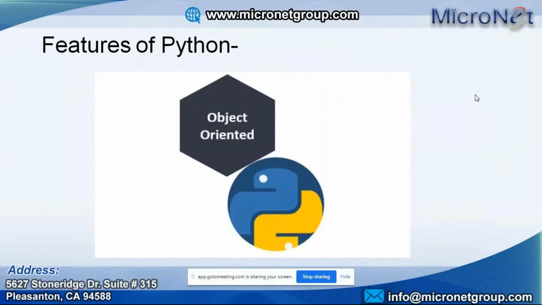So, what are the features of Python? It is object-oriented programming. Generally, like C++, even Java, and many other languages, Python is also object-oriented. And meanwhile, it also supports procedural language. So we can work as procedural, and we can also work as object-oriented. Object-oriented means classes and objects where all the data has been encapsulated. With the help of this, we can move forward.